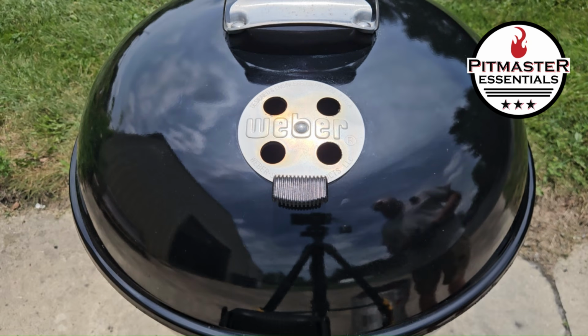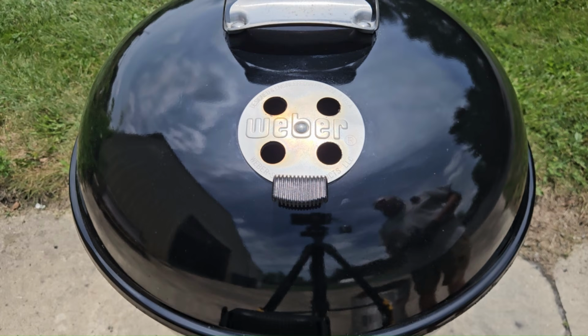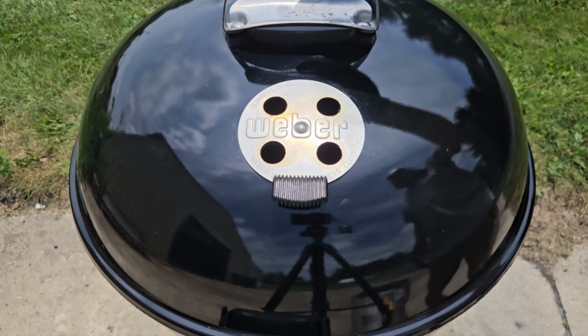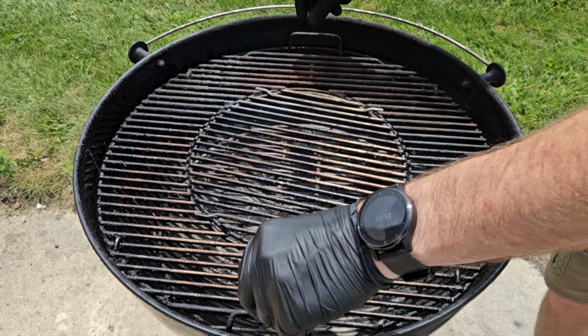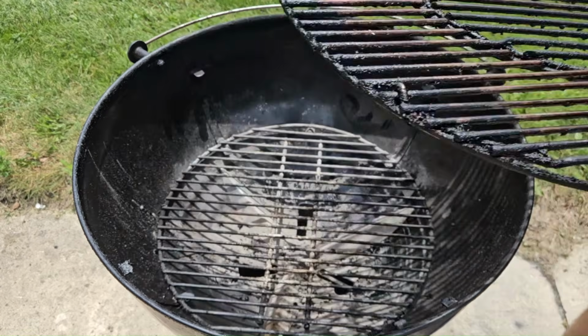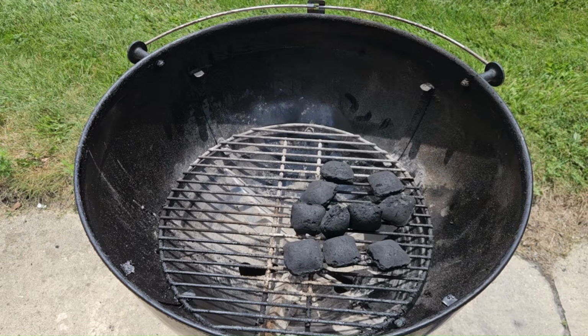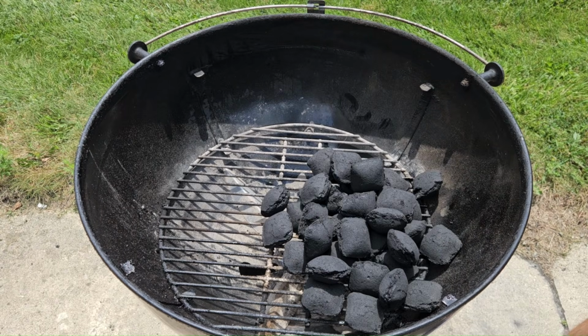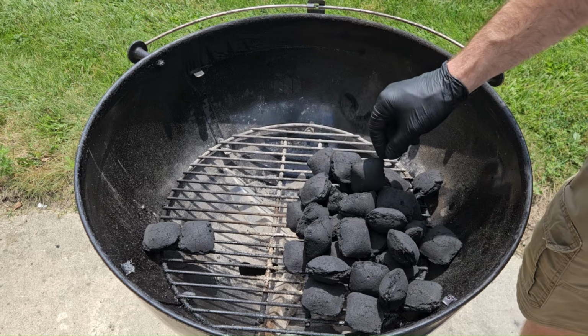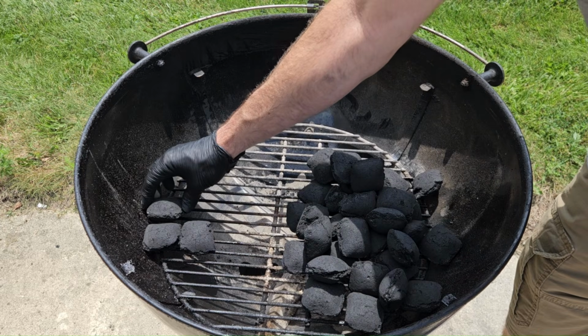Here's how to set up the snake method using charcoal briquettes on the Weber kettle. We're going to do a 2x2 all the way around the bottom and then put a couple chunks of wood on top. So you just start with 2 briquettes like that, and then you want to